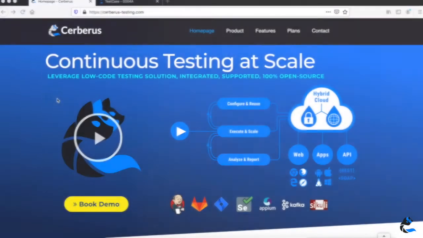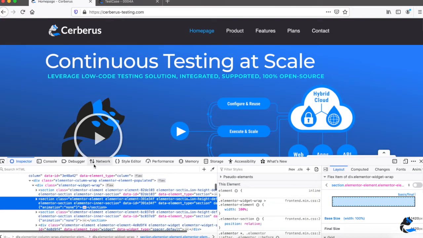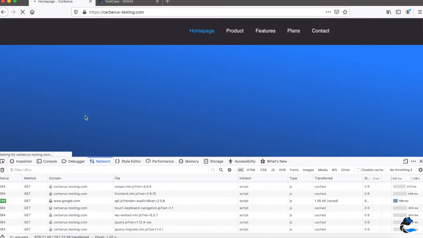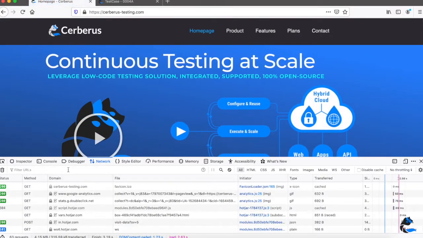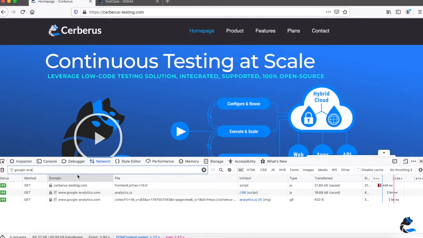So let's get started. We will start with a simple example applied to the Cerberus website itself. I will start by checking what the third parties and integrations available are. In our case, it will be quite simple. We want to check, for example, that the data are correctly sent to Google Analytics, and so I have the name of the third-party traffic here.